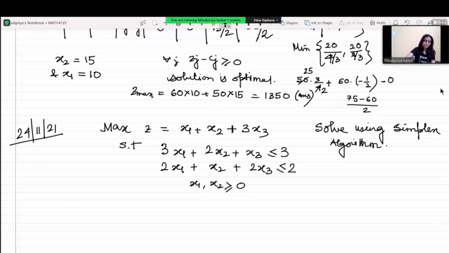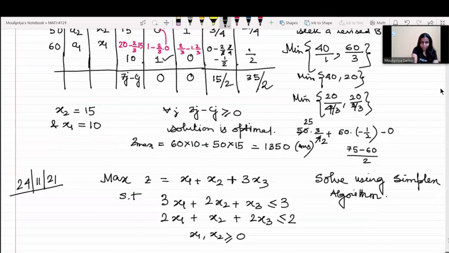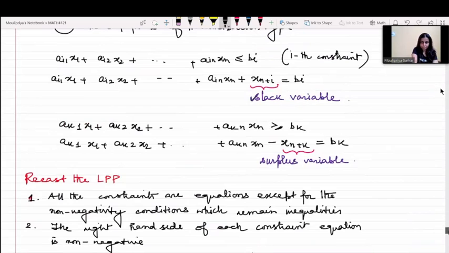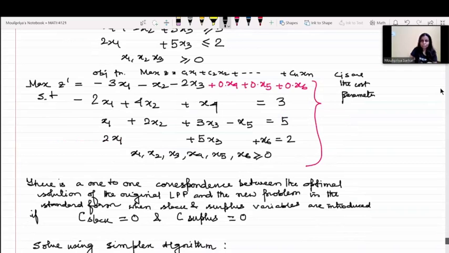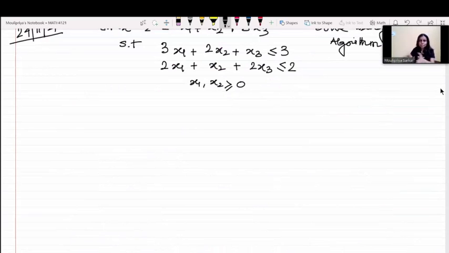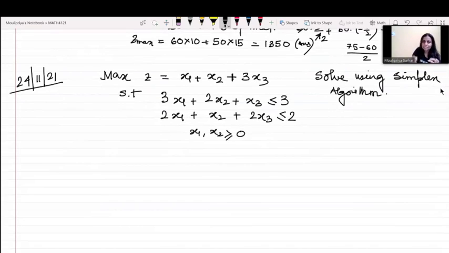So the form in which we would be converting this problem is better known as... what did I say the other day? I mentioned some forms. Anyway, it's the normal form. So as you are saying, we need to make the inequations as equations, and for that the variables we are going to introduce are better known as, you are talking about introducing two variables, slack variables, correct?